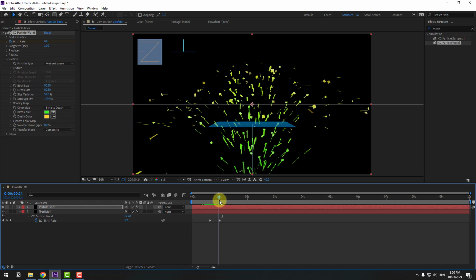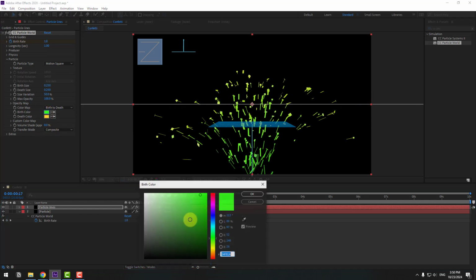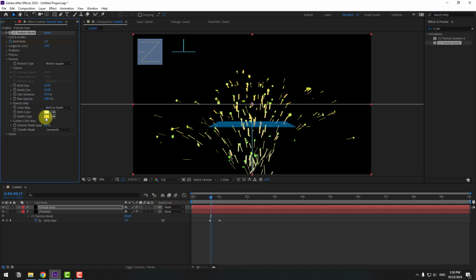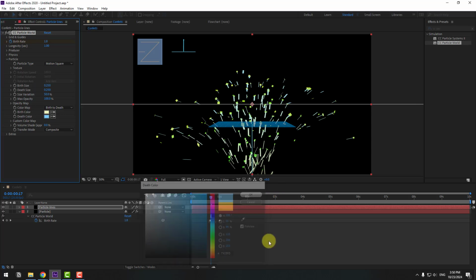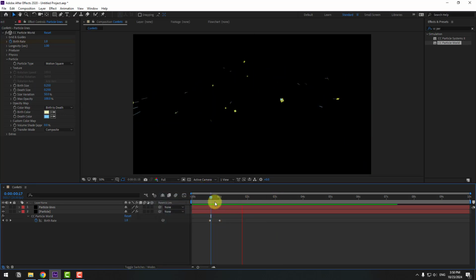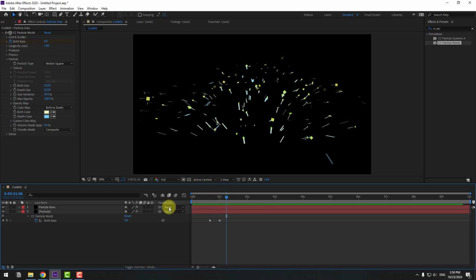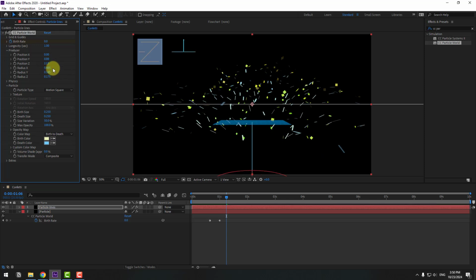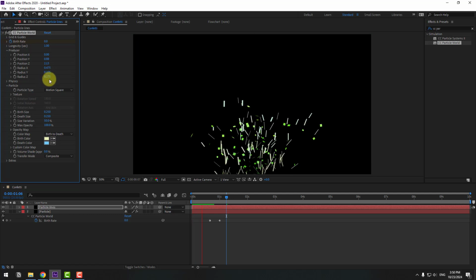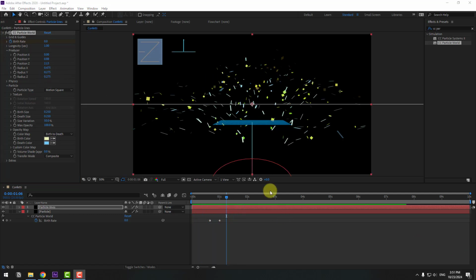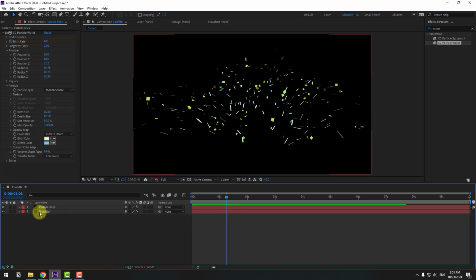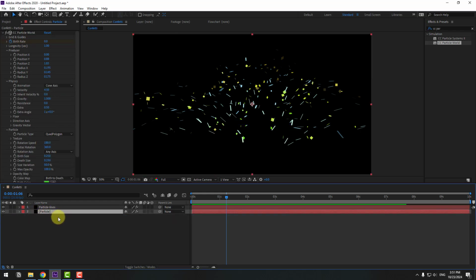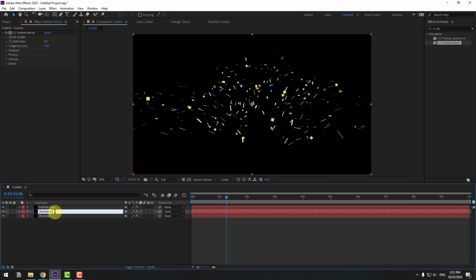Let's see. Okay, and let's change this color to yellow, or let's use colors like this. Let's see. Okay, not bad. And select particle lines and go to producer and change it a little bit like this for a random animation. Nice, very good. And at this time let's select this particle layer, Ctrl D, and change it to particle elements, and let's